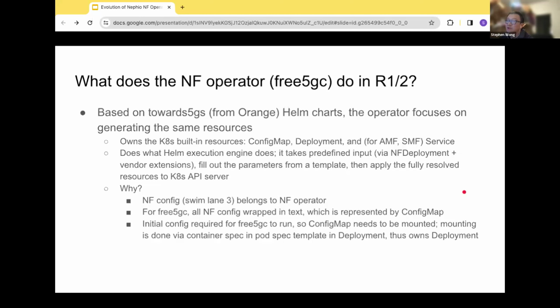Then logically they would have to also own deployment, because otherwise there's no way to mount the config map before the deployment is constructed. So that's the motivation behind why we did something like that. And because of this, logically, the operator is built today such that the execution of the construction of the deployments, or the Kubernetes built-in resources, let's do it that way, we call those infra. If you refer back to the swim lane, these infra things are owned by the operators. The execution of these deployment pieces is done by the operators, and obviously generating the configurations is also done by the operator.